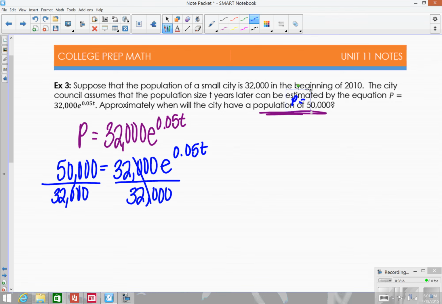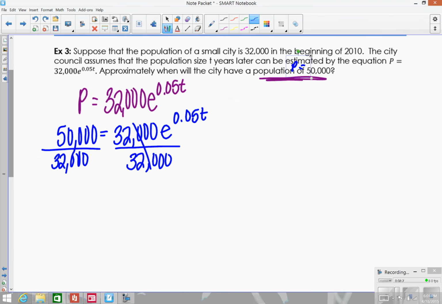And when you do this, you're going to get a decimal. So what I'm going to do is leave it as a fraction. The fraction that we have here in simplest form is going to be 25 over 16. If you divide those, I don't want to do a decimal because I don't want to round until the very end. So I'm going to leave it like this. Worst case scenario, you leave it as 50,000 over 32,000. I didn't want to deal with big numbers, so I just reduced it. Equals E to the